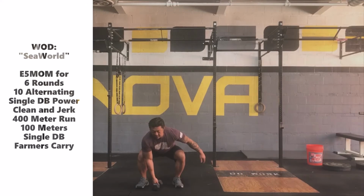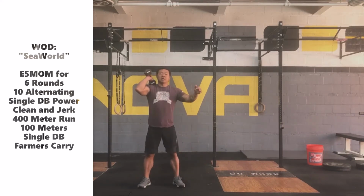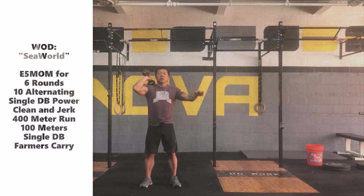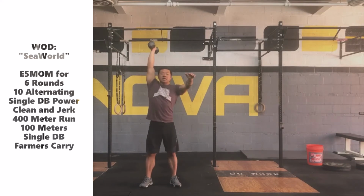I'm going to extend up through the hips, keeping the dumbbell close to the body, bringing it up to the shoulder. Now from this position here, you can either push press or push jerk today. Again, that dip is going to be important, keeping that torso nice and tall. Dip, drive the knees out, tall torso, finish up overhead with that push press. If we do the push jerk, again, it'll be that nice little re-dip, and then fully extend before we bring